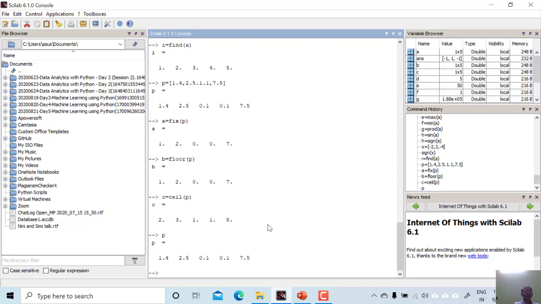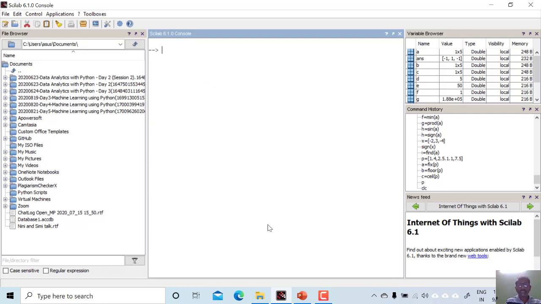In this way we can use the ceiling and floor functions to know the lower side and the upper side of a value. Okay, so I will use CLC here.